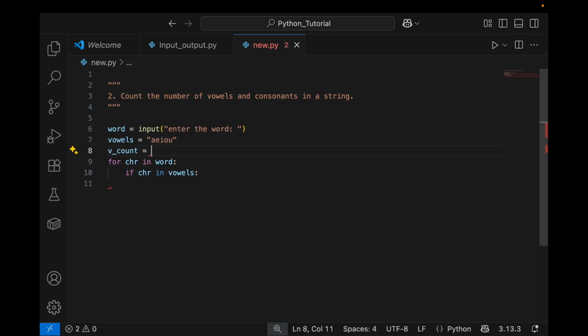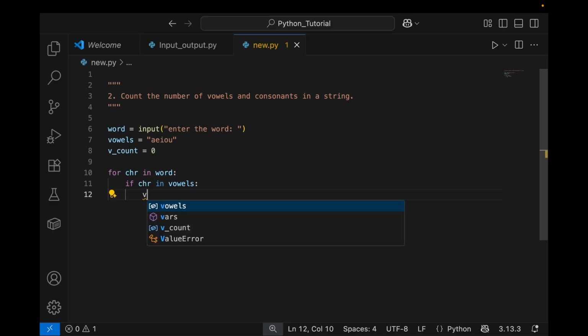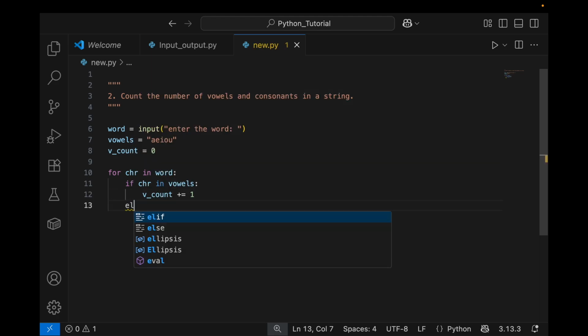Initially we'll keep it so, which means we have not seen any vowel yet, right? So what we'll do here is if it's a vowel, we will say v_count plus equal to 1, right? If it's not present there, then we will say else, that means it's not a vowel, then it is a consonant. So here we will say c